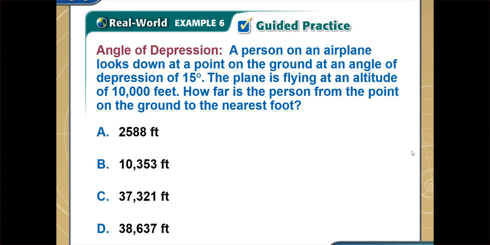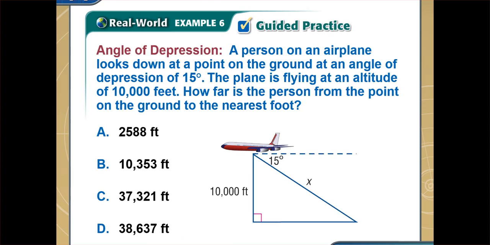Okay, so let's look at the next one. This one we will look at the angle of depression. In this case, a person on an airplane looks down on the ground at an angle of depression. So 15 degrees is the angle of depression, and again, why is it? Because you can see right here that this angle is below the